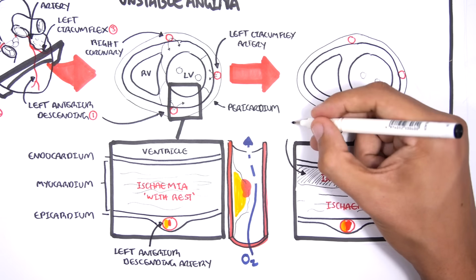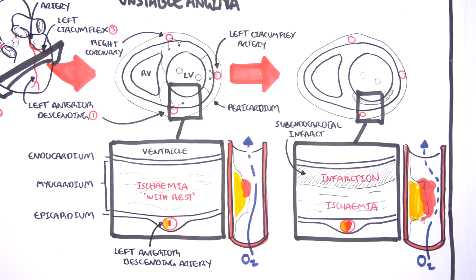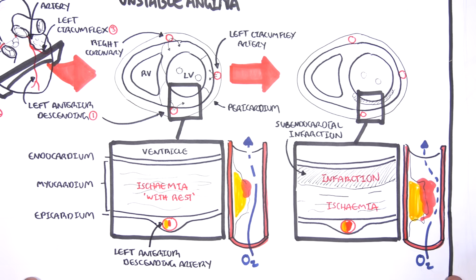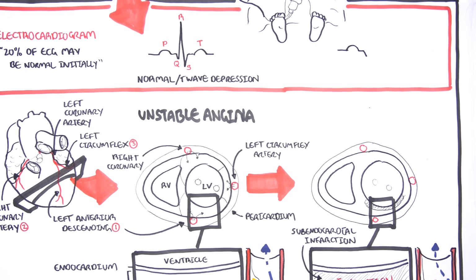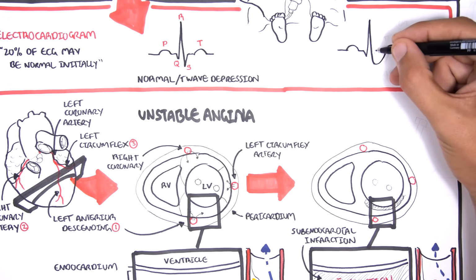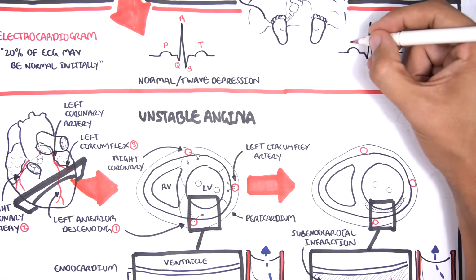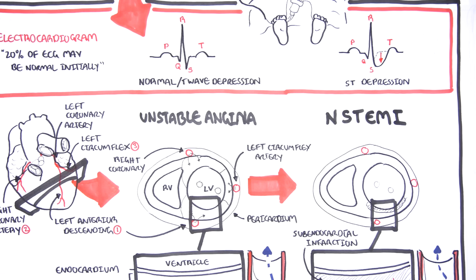The infarcted area is called a subendocardial infarction. Interestingly, the endocardium is not infarcted because it is receiving blood straight from the ventricle, the cavity where the blood pools essentially. Subendocardial infarction is a characteristic of non-STEMIs. Non-STEMI is called non-STEMI because on ECG you do not see a ST segment elevation. Rather, you see an ST segment depression, and this is the characteristic finding of a non-STEMI.